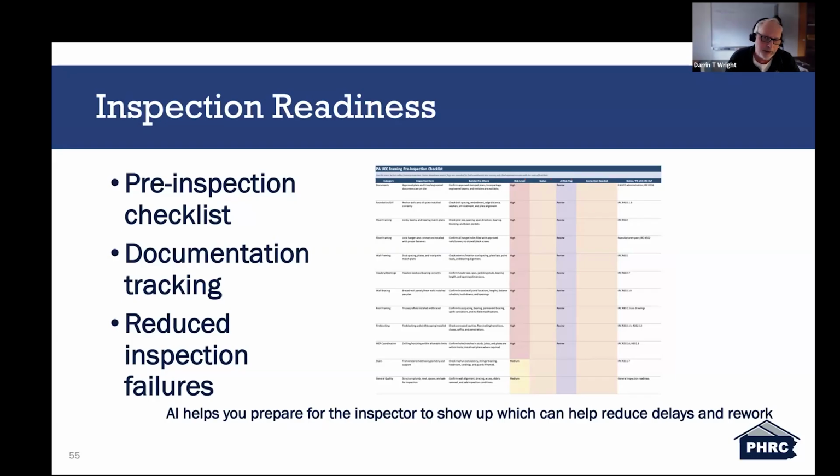Again, this is just another document that AI can help you with, creating an inspection readiness report before an inspector gets to the job site. It can create a list or a document that you can review. You can send it with a site supervisor or a carpenter, who can take that document to a job site and confirm that all the documents are there in the job site box. Everything is done as far as the actual inspection that they're going to be doing, and it makes the potential for failing that inspection a little bit less.